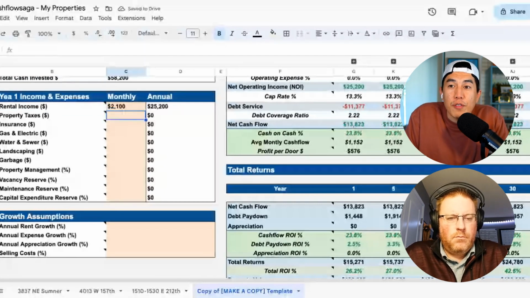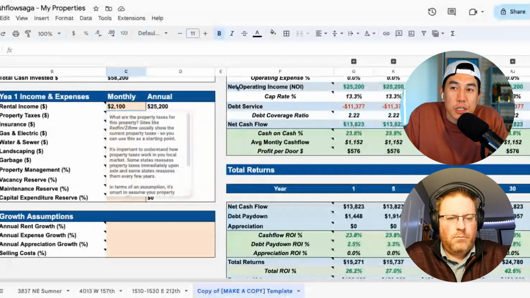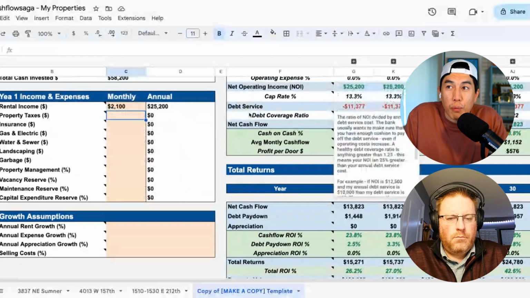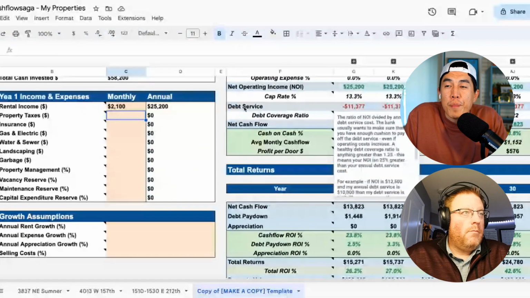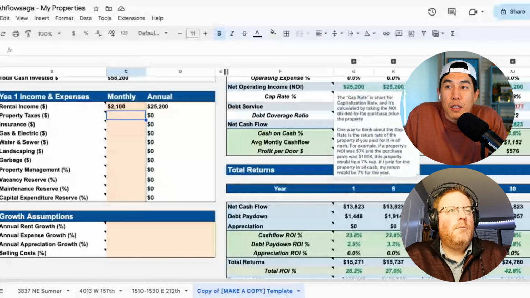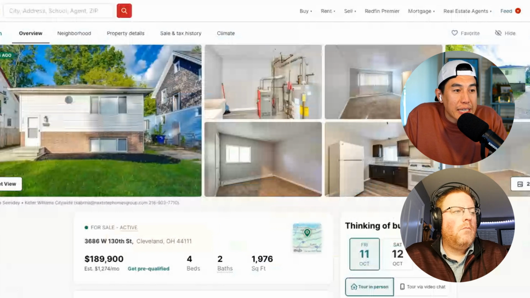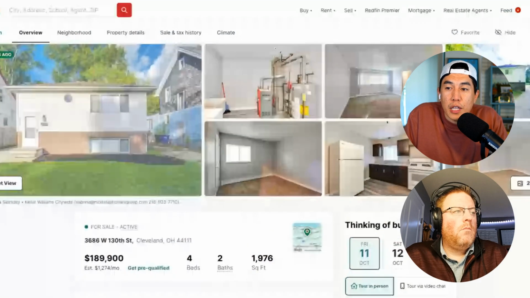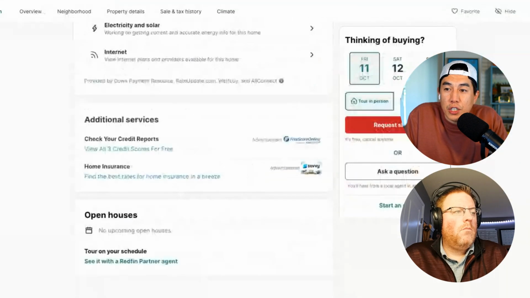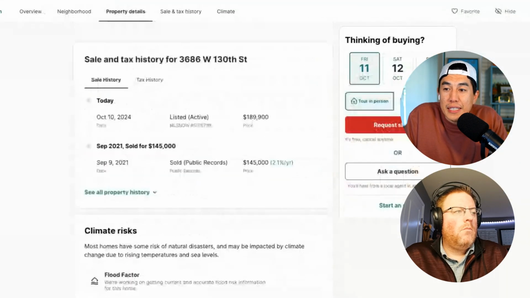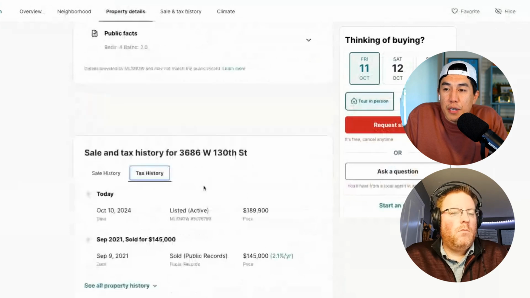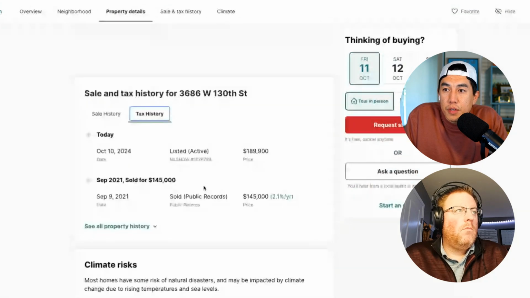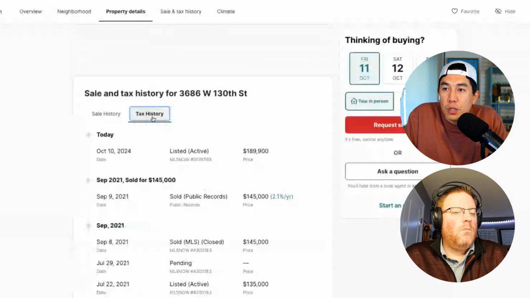Right? So now that we've got rental income, we have to talk about the expenses, starting with the property taxes. Mike, this is an area that I think a lot of rookie real estate investors will get tripped up on, right? Because they do not assume that their property taxes are actually going to go up. And so this is where I think it's very important for the listeners to